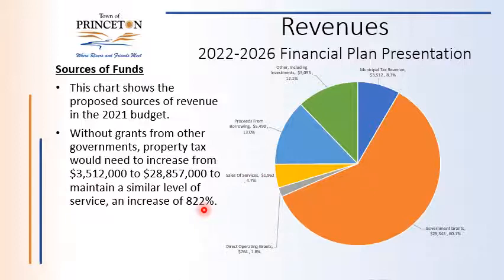Interesting number here. We always calculate this number: if the government decided not to give us any grants to maintain the budget, usually this is in the neighborhood of 100 to 150%. We have to increase property tax to draw from. This year, because the government grants are such a large portion of our budget, that number has jumped to 822%, which is a staggering number, and also reiterates the fact that we certainly would not be doing our capital plan without significant assistance from senior levels of government.